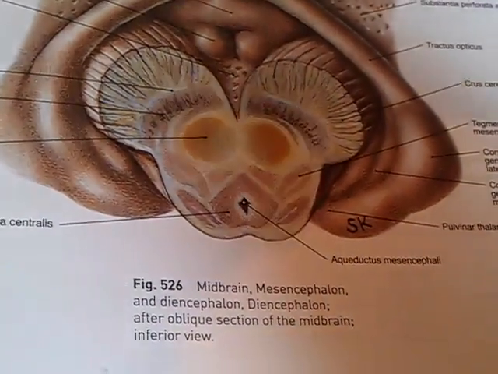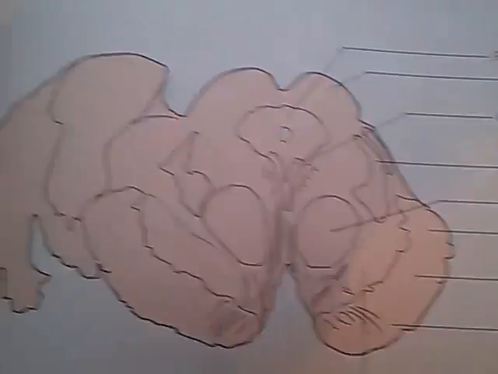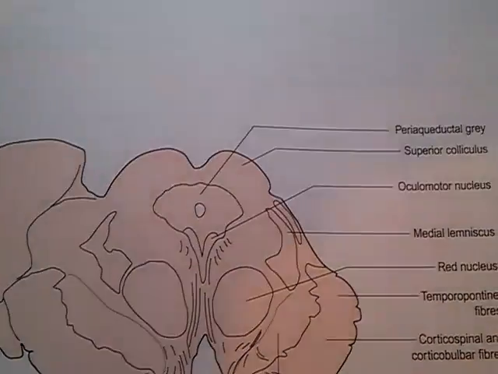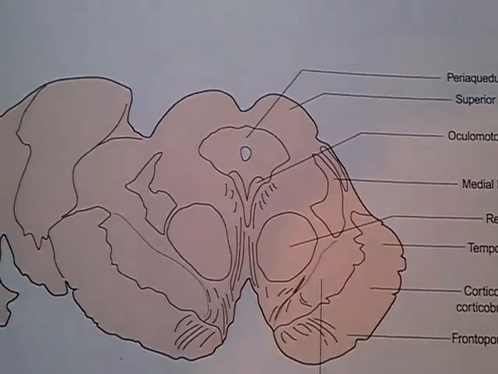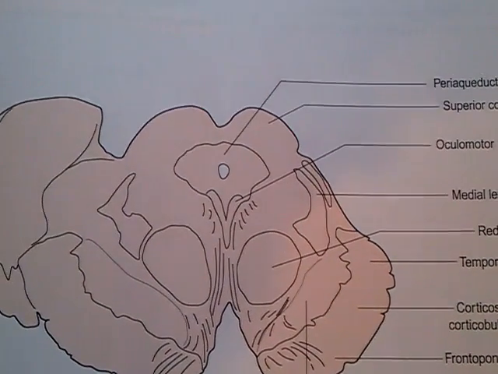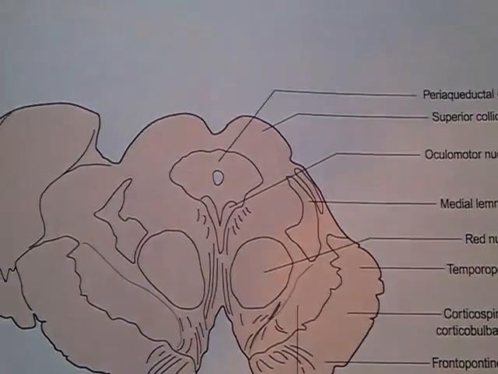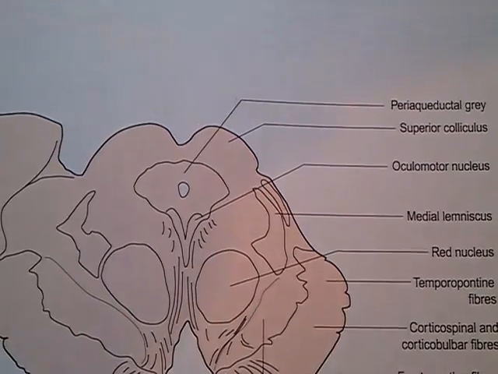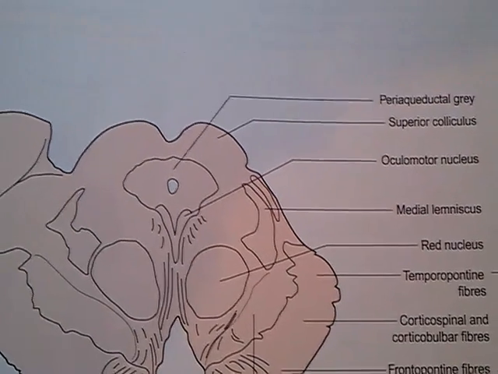The white matter of tegmentum, and you have medial lemniscus, this one, medial lemniscus for bulbothalamic tract. You have trigeminal lemniscus for trigeminothalamic tract, lateral lemniscus for auditory path, spinal lemniscus for spinothalamic tract, tectospinal and tectobulbar tracts, spinotectal tracts, tracts to and from the cerebellum,